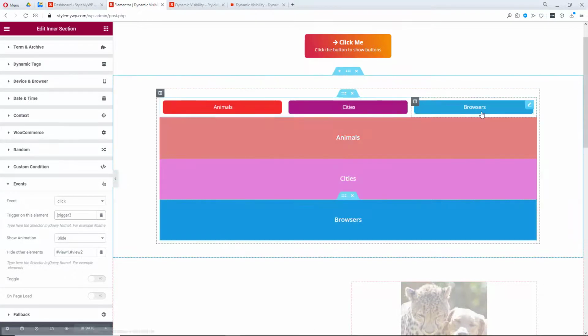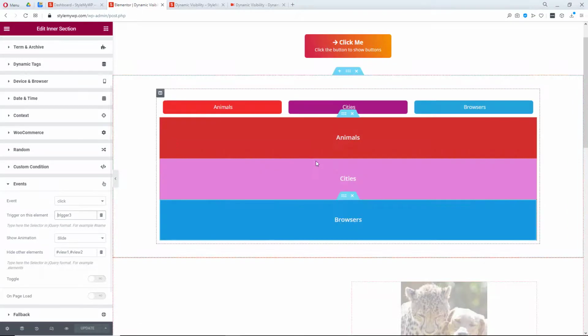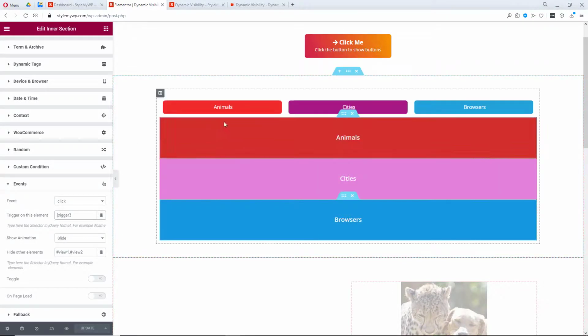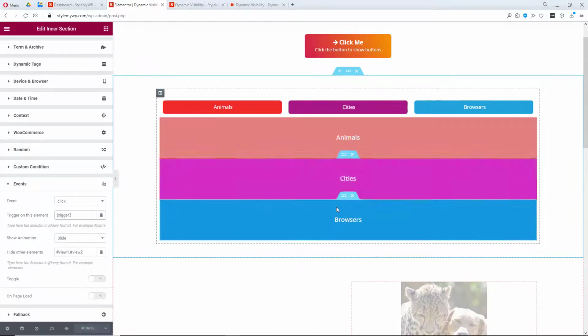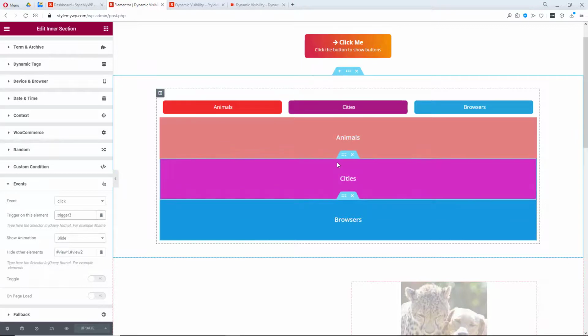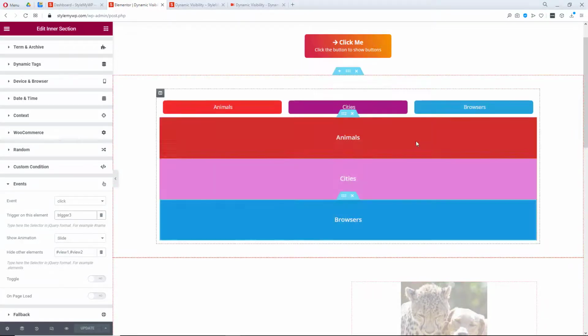Then trigger 3 will show or hide view 3. However, at the same time it will hide view 1 and view 2. So view 1 will hide view 2 and view 3, view 2 will hide view 1 and view 3, and view 3 will hide view 1 and view 2. So it is that simple.